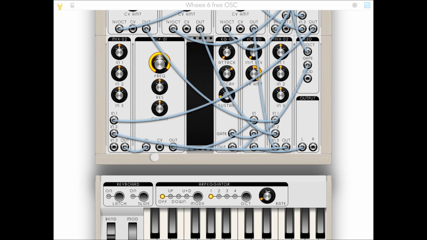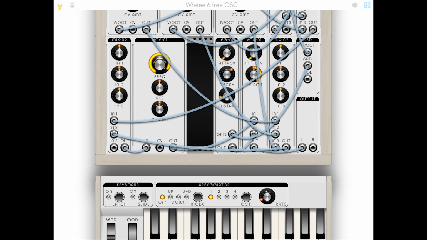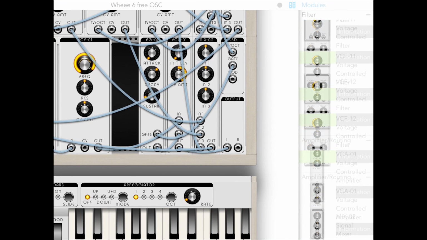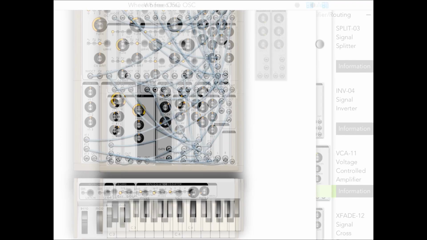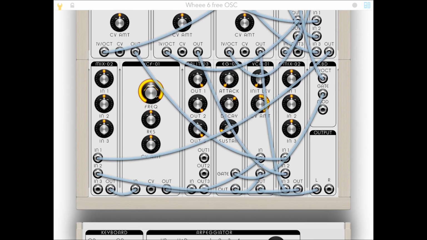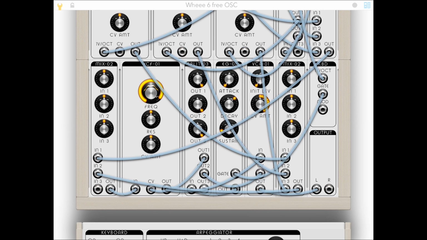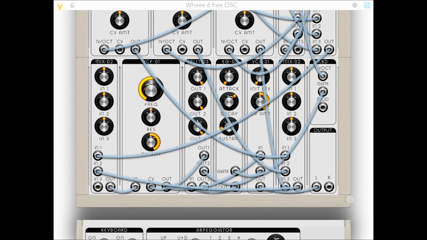And you'll see that even the filter has one of these CV inputs. So that means we can take any of the control signals that we're using and control it with the CV amount. So let me just do a really basic thing here where I'm going to take our envelope generator that's already doing this decay thing here. I'm going to throw in another splitter. And now I'm going to take the output of this envelope. I'm going to send one of these over here to the filter and another one over to the VCA. And now, if I shape this down and crank up the CV amount, so now that this is controlling this, I can